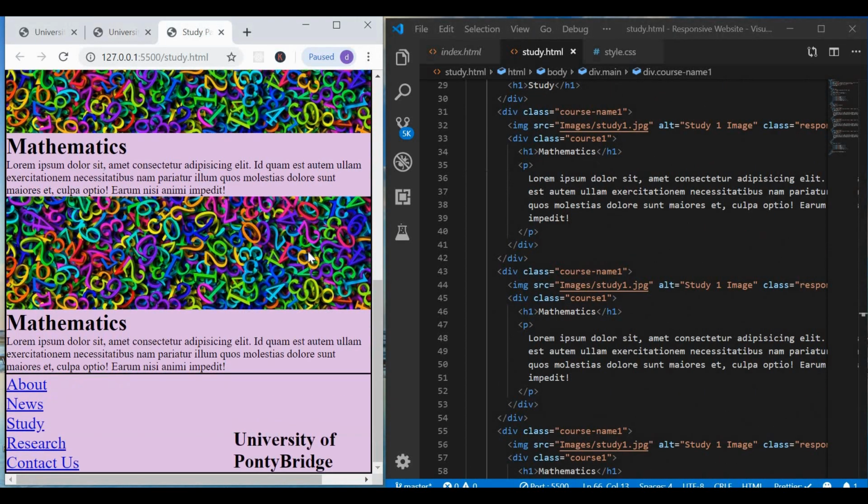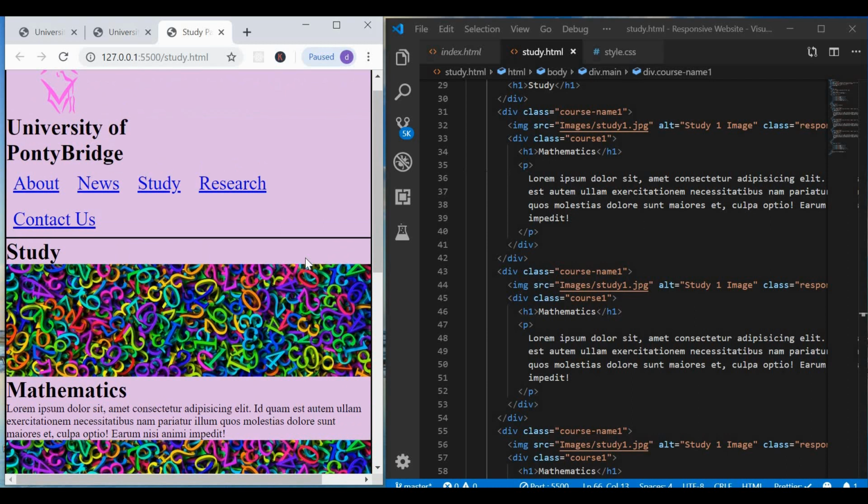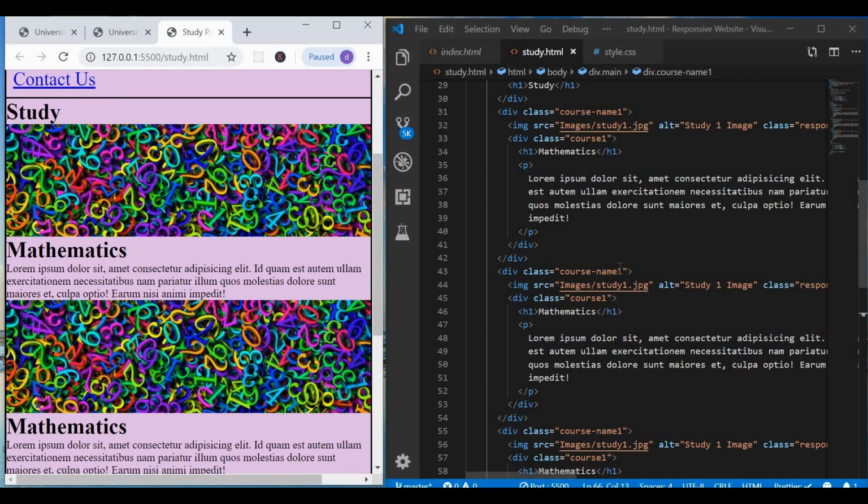So you can see that it's displayed 3 times. So I'll just change the name of the classes. So I'll write class 2, study 2, study 2 image, course 2, 3, study 3.jpg, study 3, and